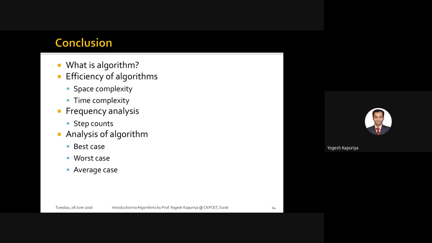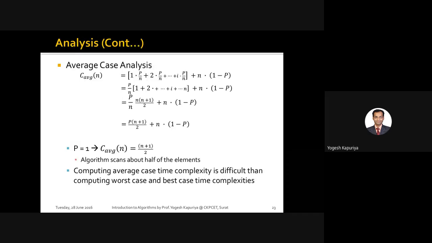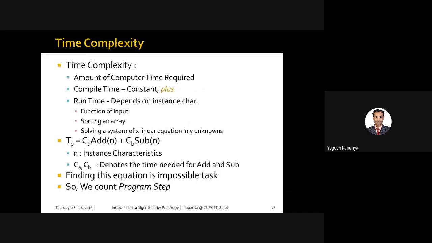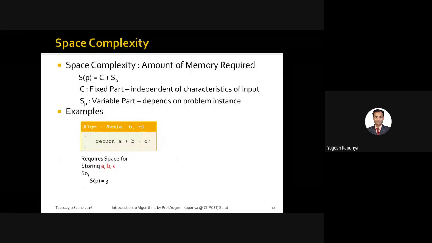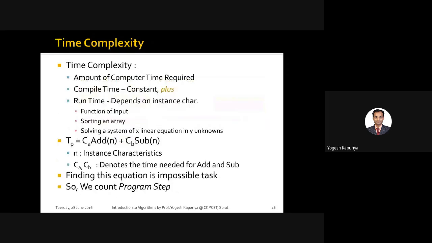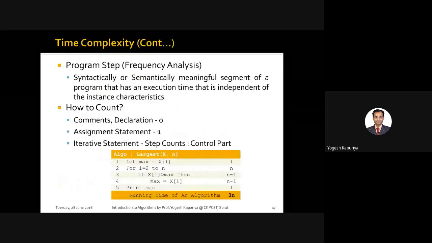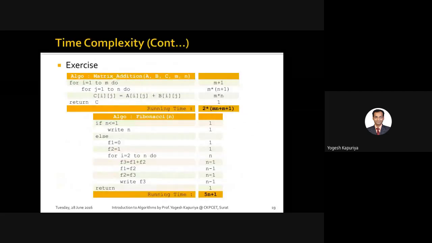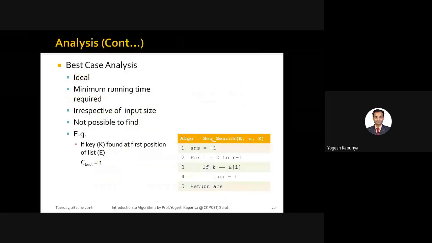When you are computing space complexity, the method is to find out what the variables are and what the type of the variables is. If a variable is a scalar, then consider it as 1. If the variable is a vector, then consider what will be the length of that vector, and then finally you add it together. If it's recursive, then the calculation may differ. So based on the algorithm, you always calculate the space complexity, but you have to look at the variables which that particular algorithm is making use of.